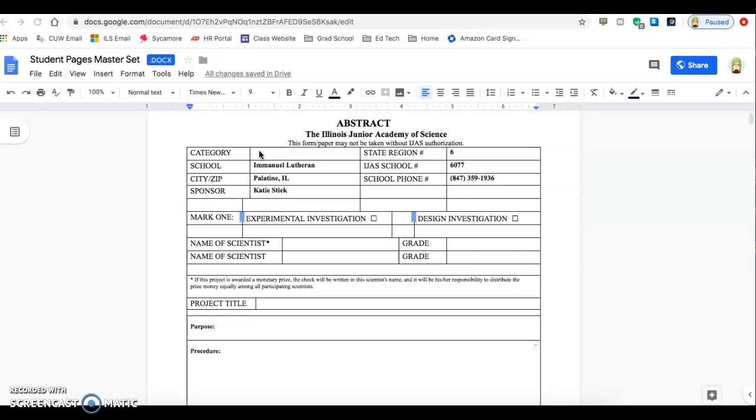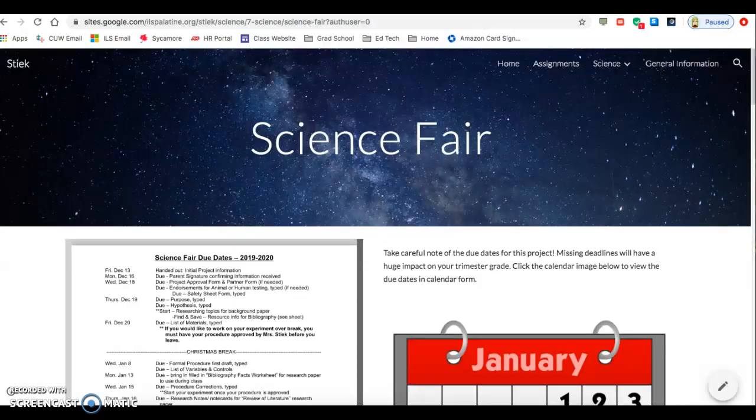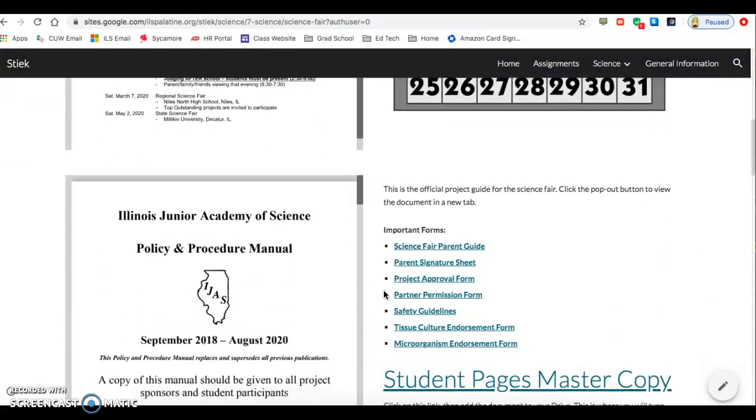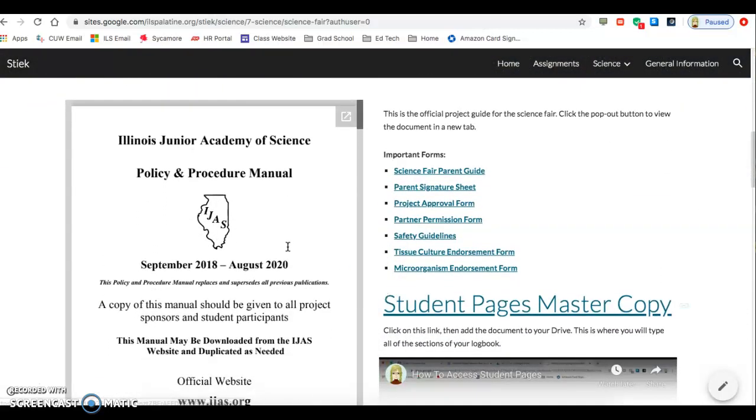the way. The very first thing you'll see left blank is a box called Category. Now in order to figure out which category your science fair project belongs in, you're going to need to take a quick break and open up a tab with my science fair website. If you scroll down just a short ways on my website, you will find the official project guide for the science fair. You're going to want to open this guide up